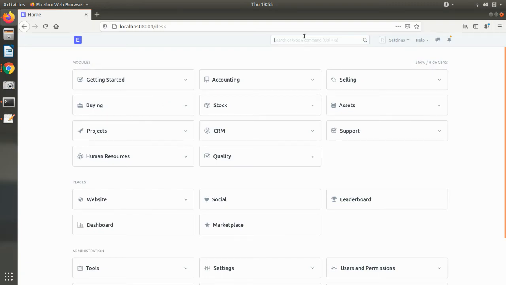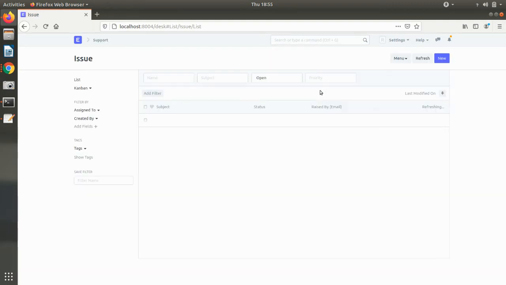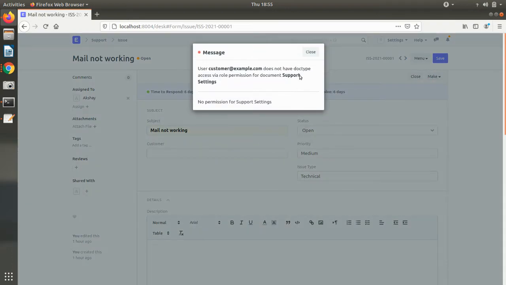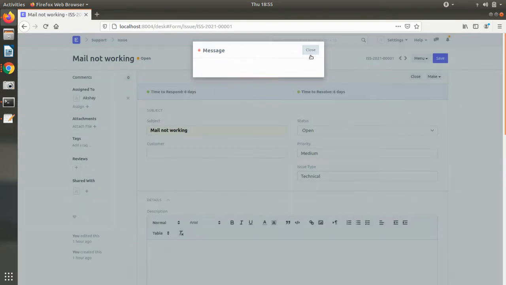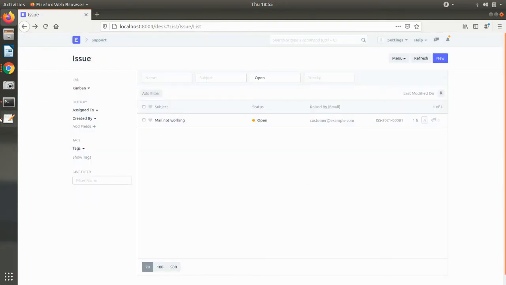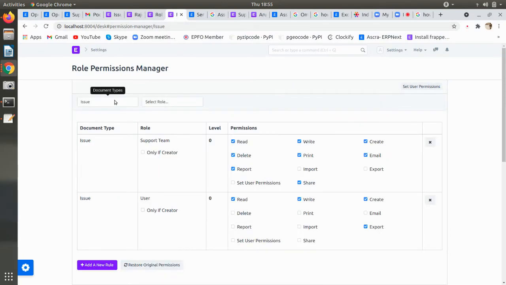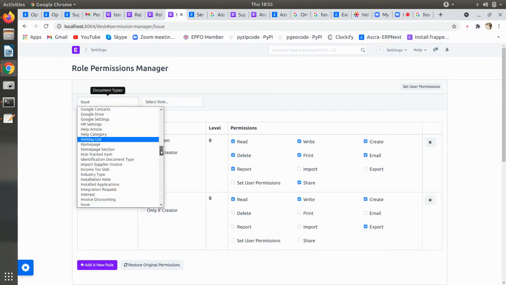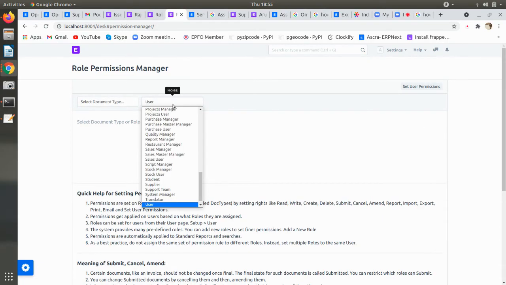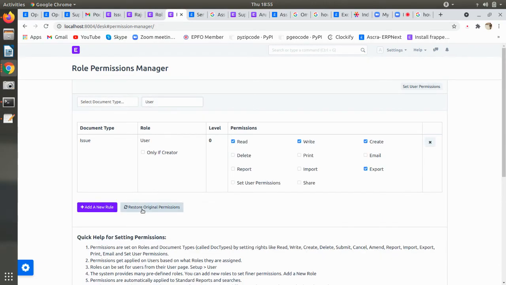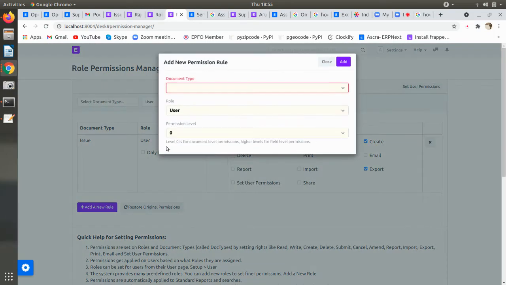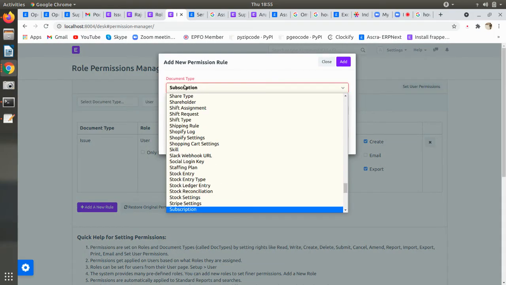So now we are able to create only issue type. Support setting permissions are required for the user. That is not an issue. We'll go back to that screen and select all tab type user and add support setting.